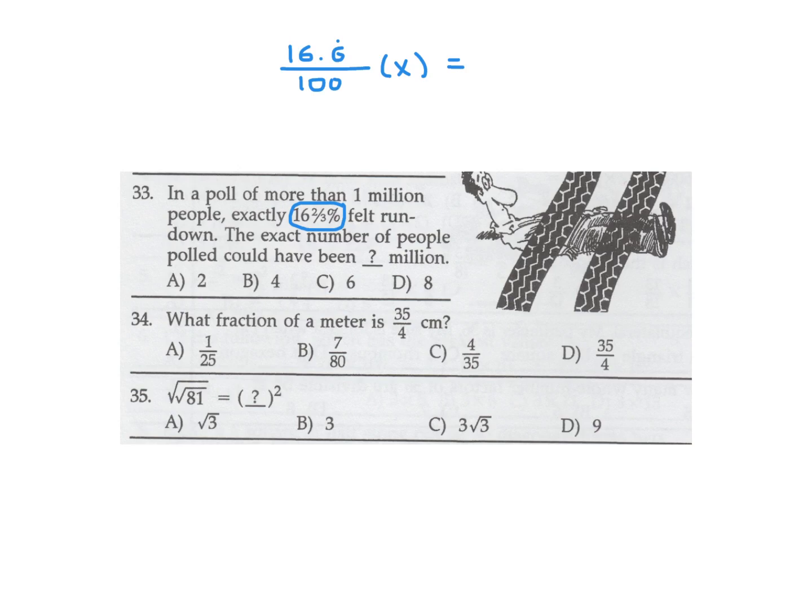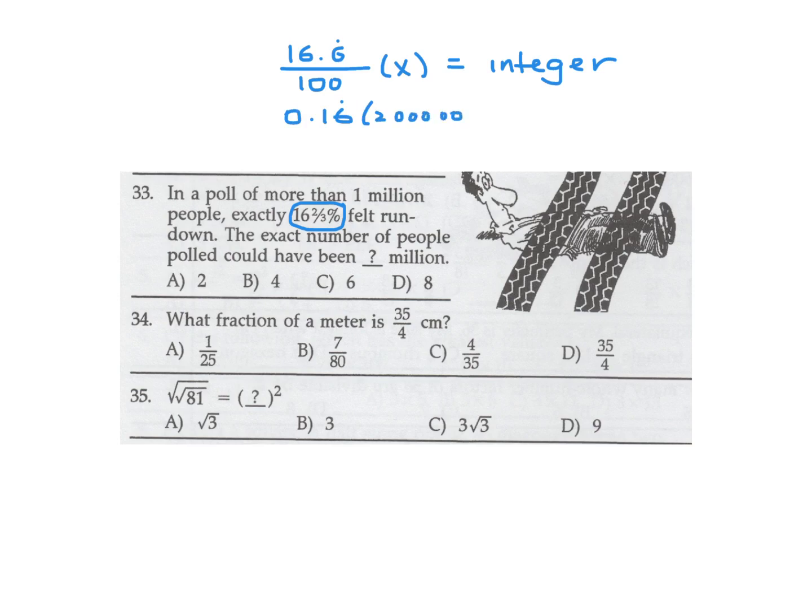So put that in there. And then for x, we're going to put in either 2 million, 4 million, 6 million, 8 million, and so on. So this is 0.16 repeating, and if I put 2 million,